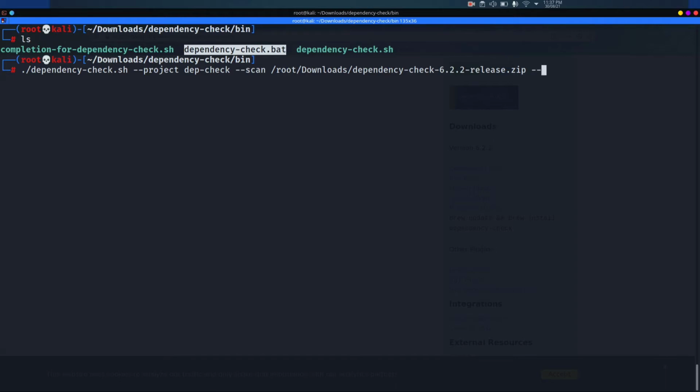And lastly, you need to provide an output file name. I will give it as dip-check.html. For the very first time, it will take around 4 to 5 minutes to download all the vulnerability records from the NIST database. After that, from the second time onwards, it won't take such a long time.